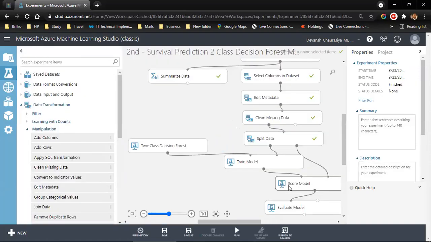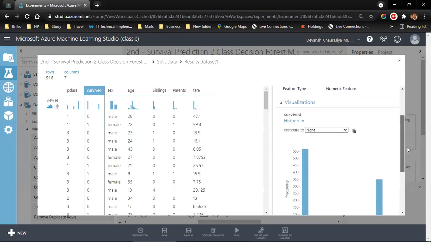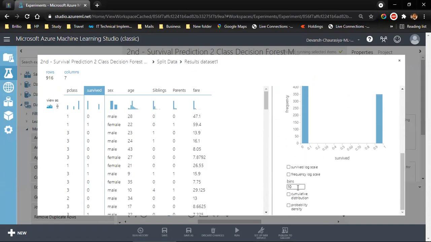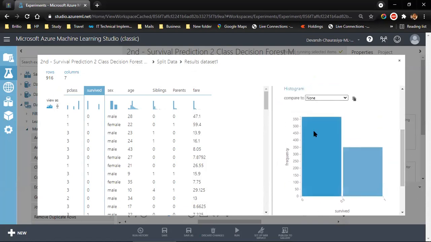Let me right click and visualize this data. Now, if I click on survived, and let me change this bin to 2, you see that if I hover on it, 566 elements, 62% and 38%. So 62% actually survived, sorry, died.